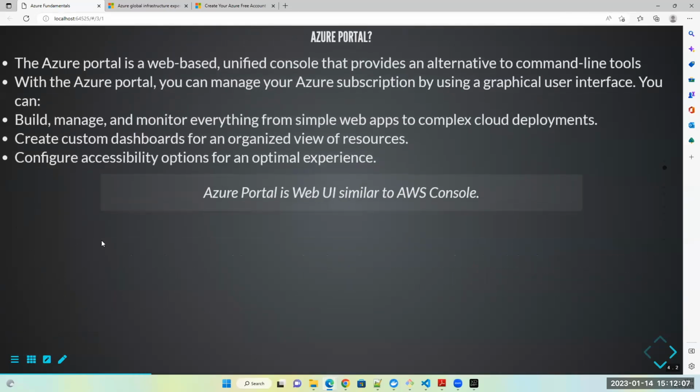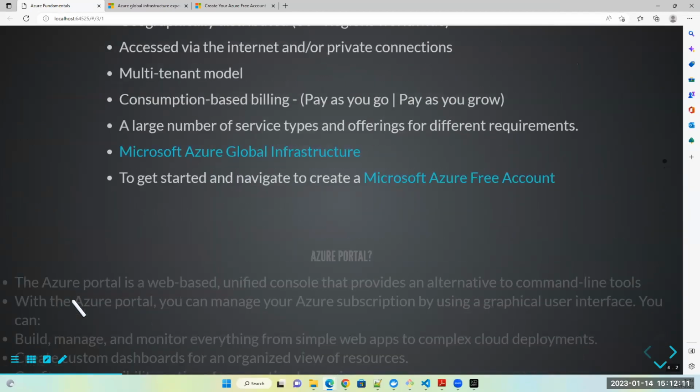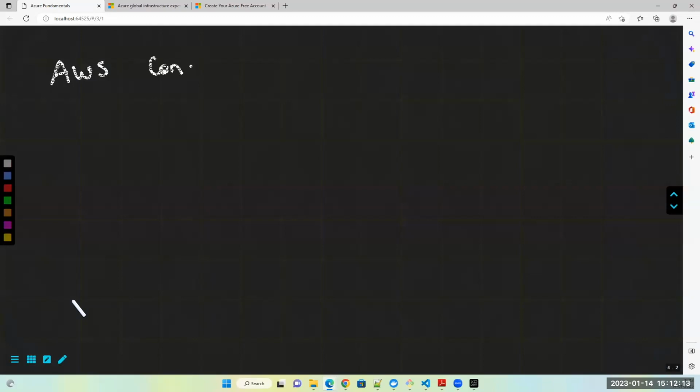Now, what is Azure portal? So just like you have the AWS console, which is going to provide you the UI capability